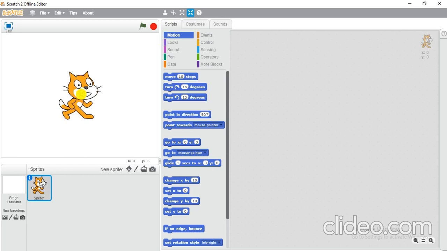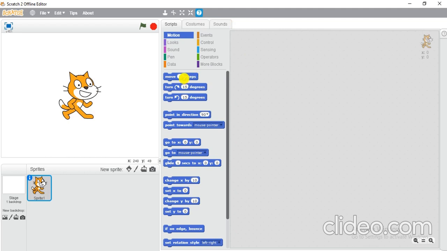Next, the last cursor tool is your block help. So this is your block help. This is used to check the purpose and utility of any block. If you want to check the purpose, you will simply click on this tool and you will see it will change the mouse pointer to a question mark. Now you can click on any block.